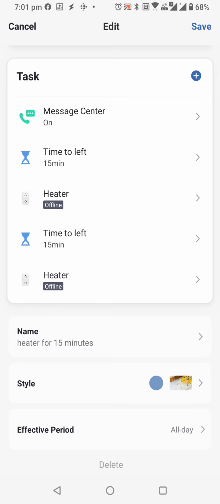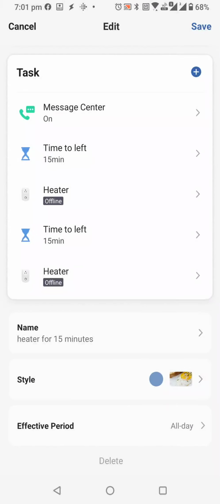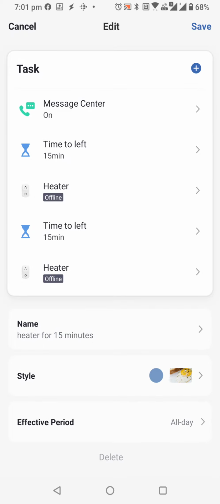After 15 minutes, when I use the last action, heater on, it will call this particular trigger again. It will keep running in an infinite loop, and the action you want to perform, turning on for 15 minutes and off for 15 minutes, will be achieved by this.